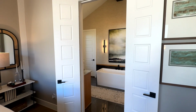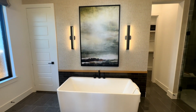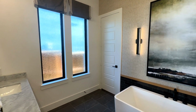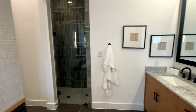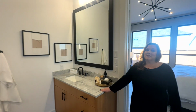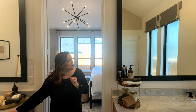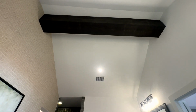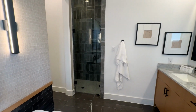Let's take a look at the primary suite bathroom. They also incorporated a wonderful soaking tub. And you've got dual vanities, one on each side as you enter the bathroom. And you've got beams on the ceiling, huge mirrors, really big mirrors, blue vanities. And then you've got your walk-in shower on that side,